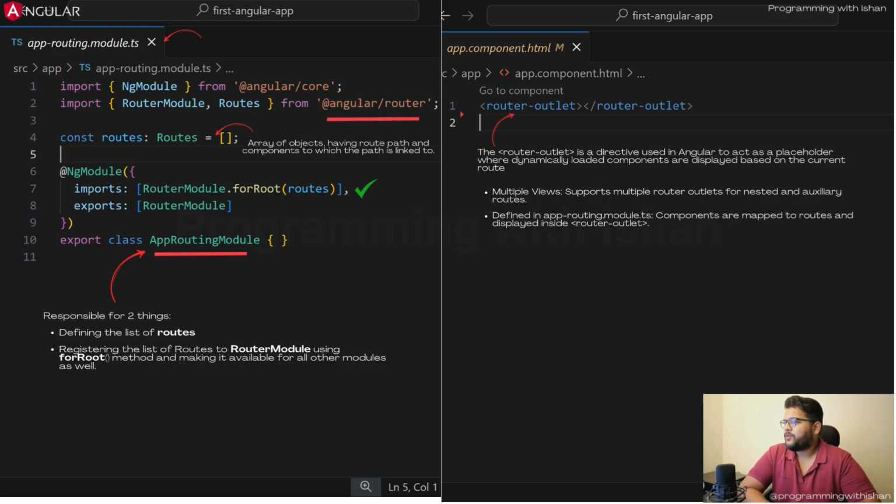And the second one is the exports part. That helps to make the router module available for all the other modules as well. So this is all we have for the app routing module, and next to that we have the